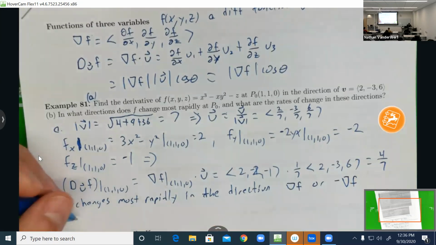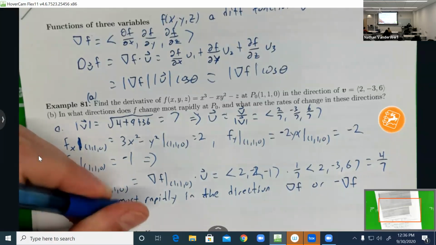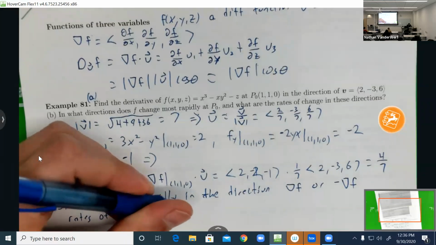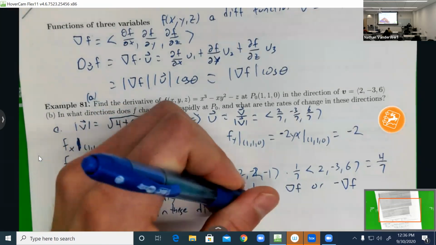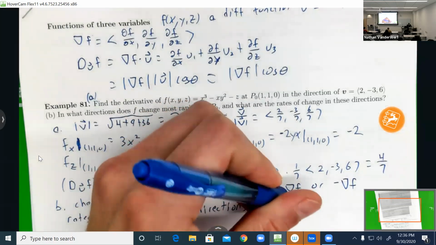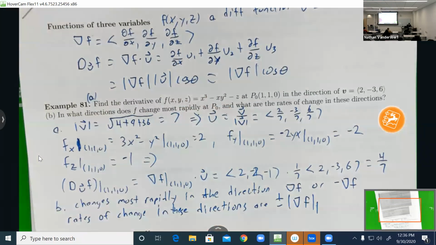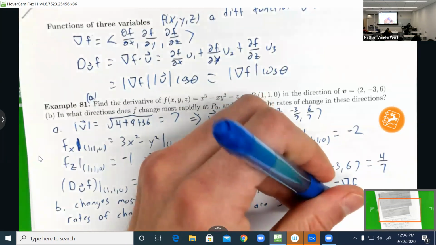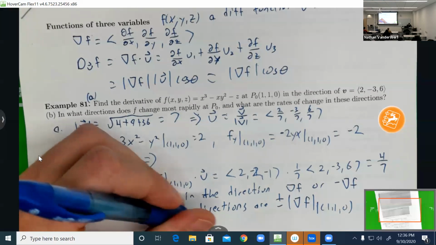And the rates of change in these directions are plus or minus the magnitude of ∇f at (1, 1, 0), which is plus or minus the square root of,